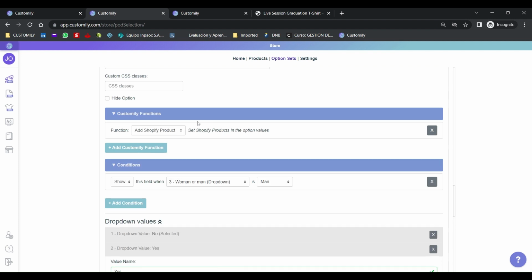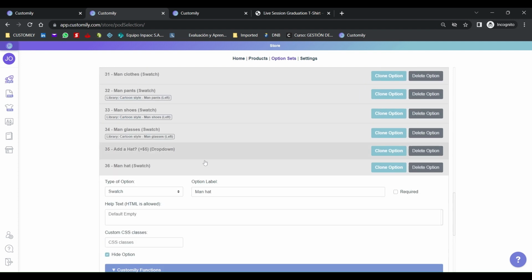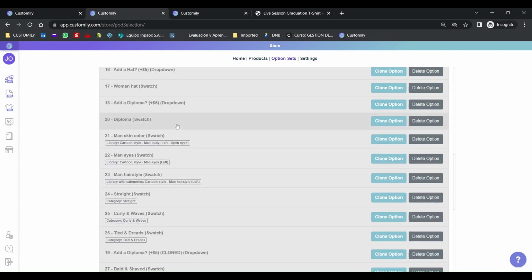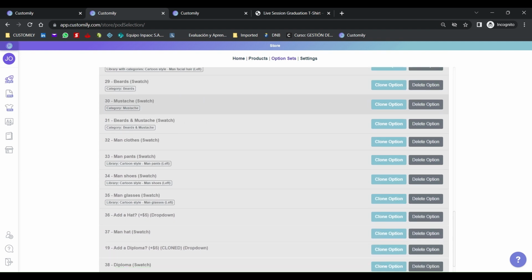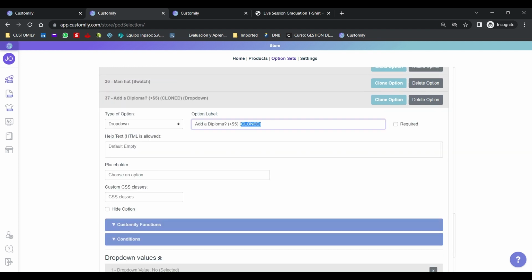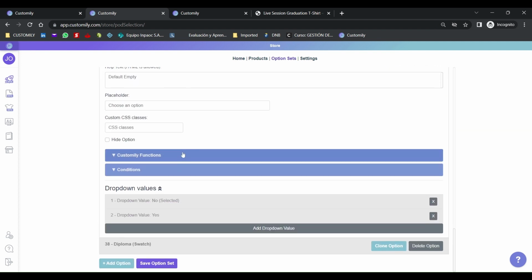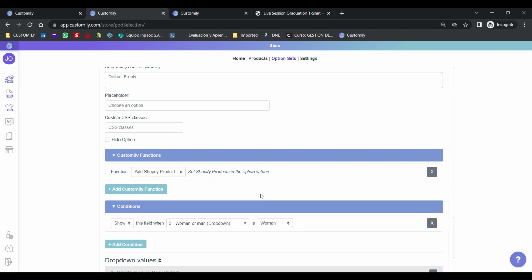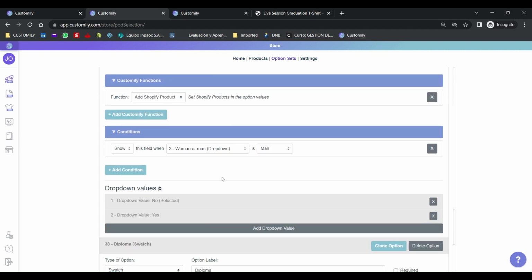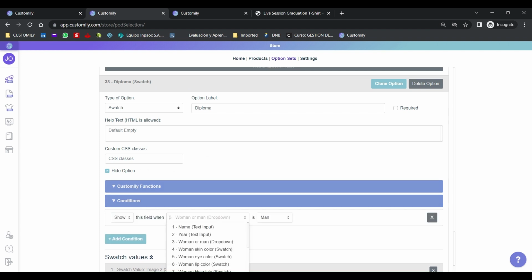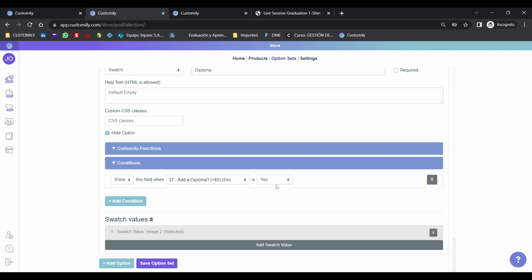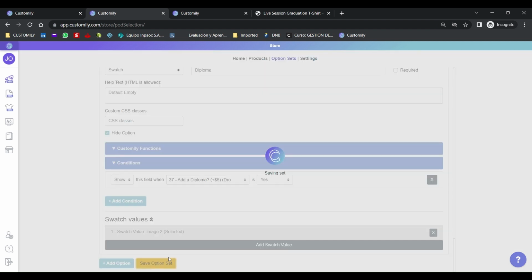We're going to do the same for the diploma. Just find this one here, clone it, and drag it all the way down to the diploma here. And we're going to delete this. We are going to change this conditioning to be a man. And the diploma has this condition that we have to change to the last one we created. This adding a diploma is yes. Saving this